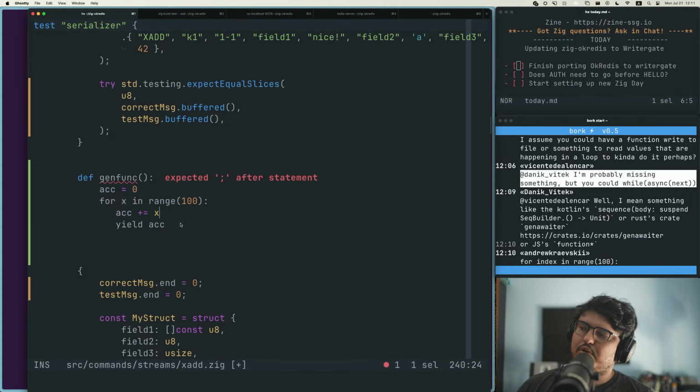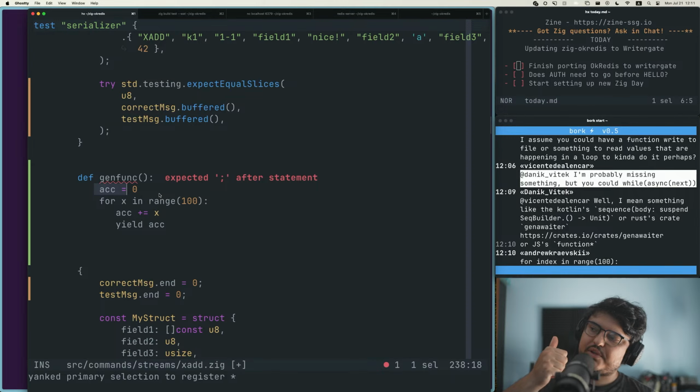So you see that what's happening here is that we're basically taking the accumulator, adding some value to it, and then returning it. And then the next loop, we want to continue from where we left off. What we want to save is two things: the state of the accumulator and the index in this range that we got to. But we don't save this stuff explicitly. If you had a next function that you would call explicitly, like if you look at Zig iterators, they always explicitly save what's necessary to resume. While here you don't. Here you leave it implicit in the function because the idea is that the function yields a value and then